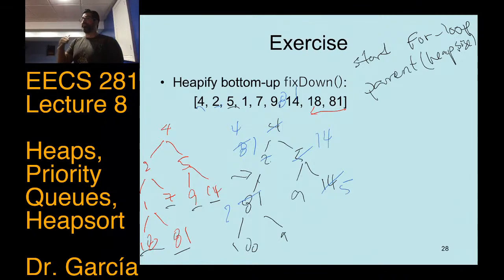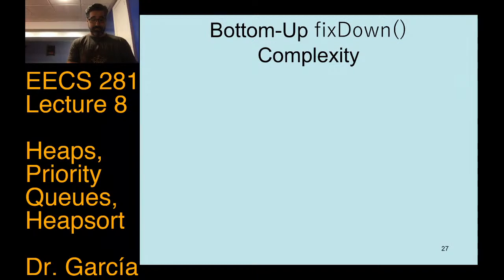I didn't have to bubble all the way down. And that's the big advantage of this approach, right? And that's what's going to give you a linear runtime. So if we do the analysis, what we're going to have is that for any tree, the bottom, which